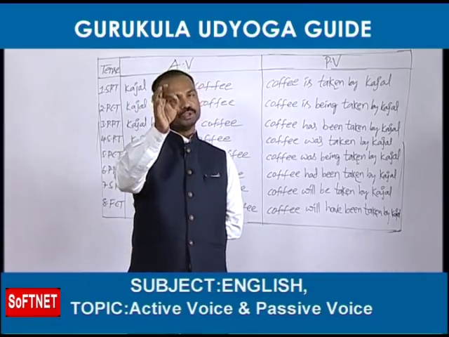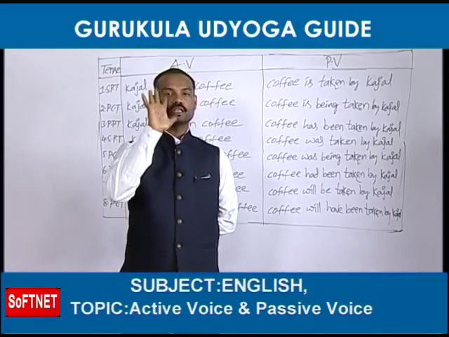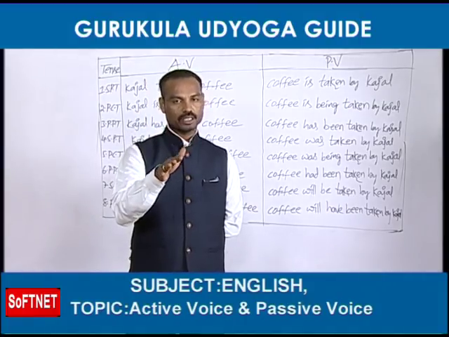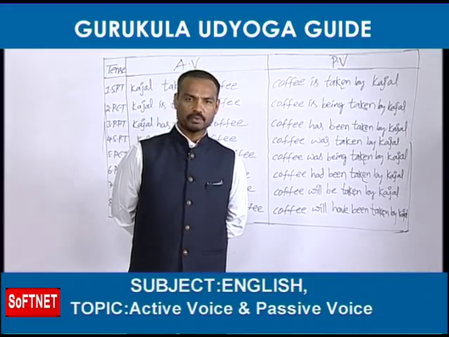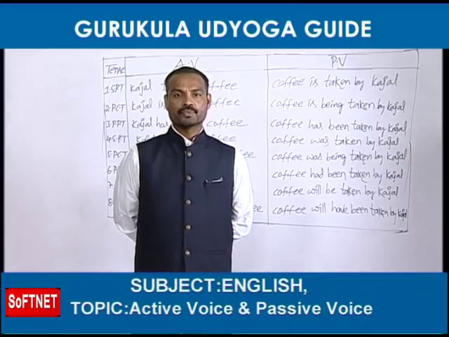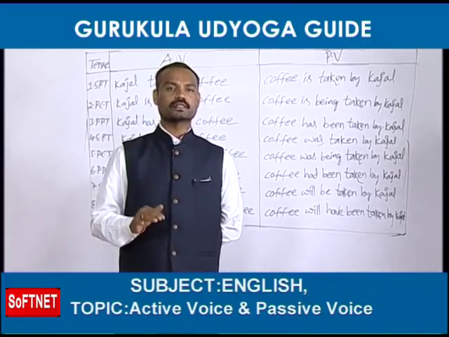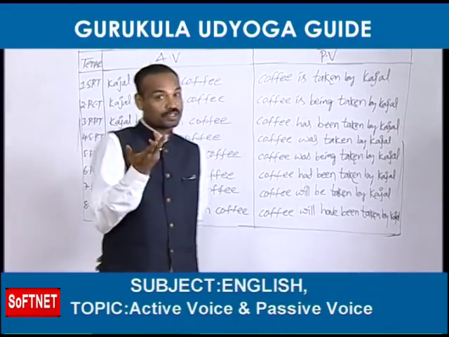I have told you a beautiful technique that to change an active voice into passive voice, 5 items are required. Number 1 is object. Next, helping verb. Helping verb is called be form here. The third point is main verb. Next one, preposition, that is by. In most of the situations we should use by. The last one is subject. Same formula for all the tenses. For 8 tenses, same technique you can easily apply, dear friends. What's there? It's very easy.